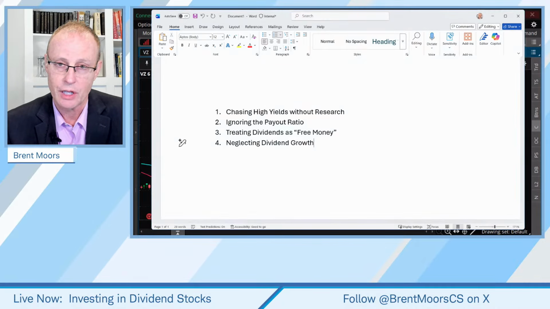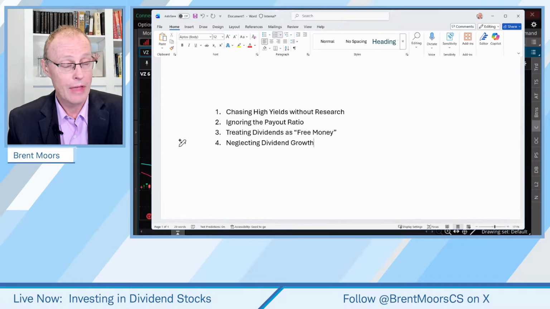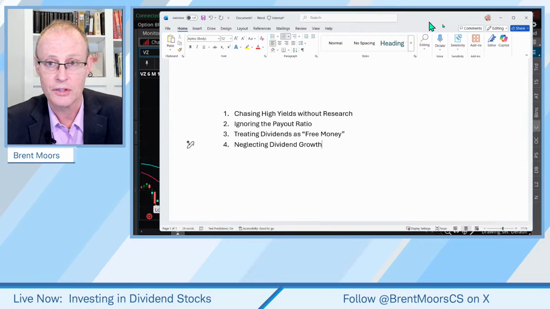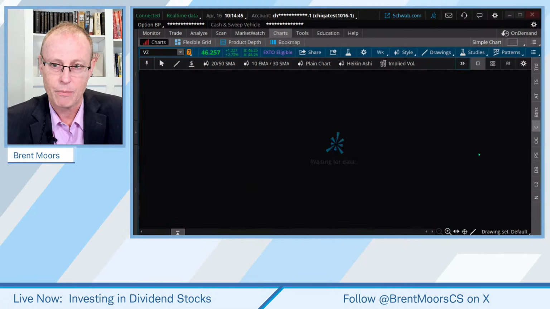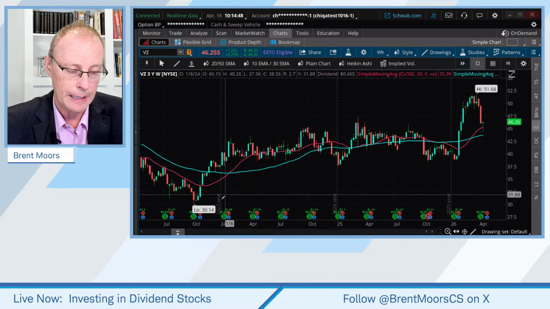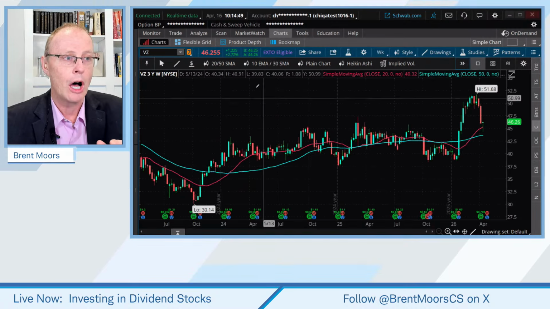The company is willing to pay out more money to shareholders over time. And if they can't do that, that could be a concern if the dividend just stays constant over years. So a lot of investors treat that as a positive thing about a company. On the Thinkorswim charts, you can see the dividend here in this green dollar sign: 65 cents, 66 cents, 66 cents, 66 cents, 67 cents, 67 cents, 69 cents. So it's going up a little bit there.